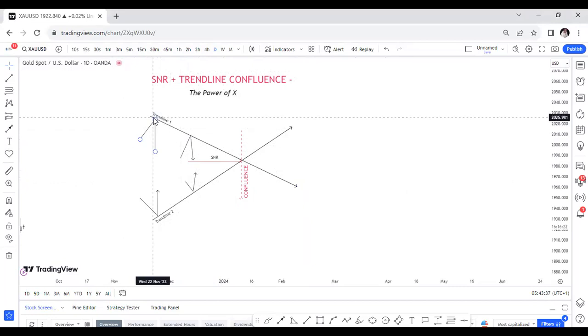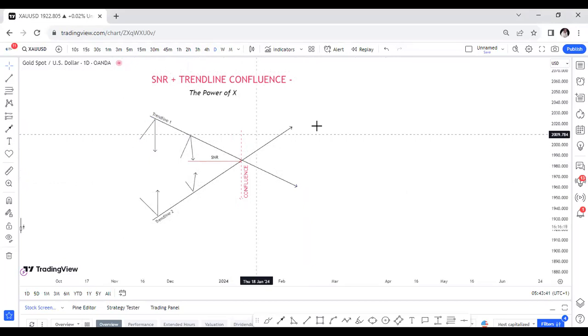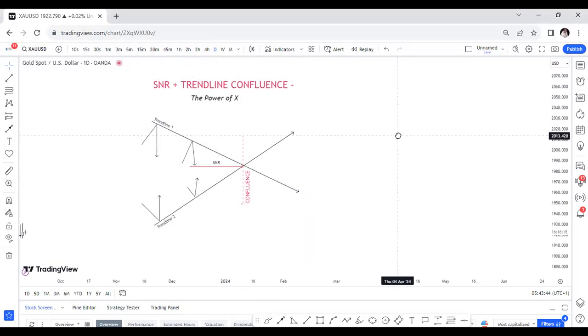If you can identify your first SNR level here, it could be classic, it could be any form. You can identify a particular trend line that cuts across SNR levels. Then if you can identify another one that comes across from the bottom, then at the point where the trend lines meet, there should be an SNR. Before we go through that, we're going to talk about the